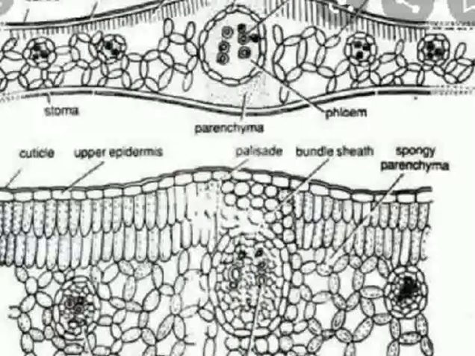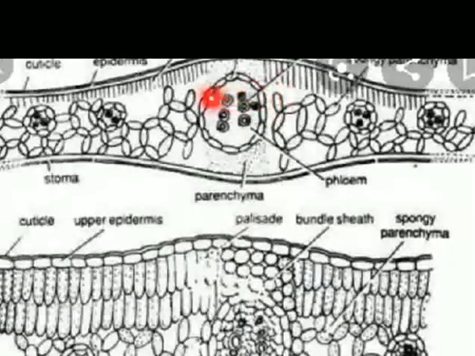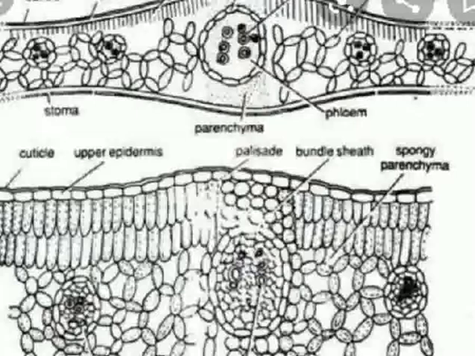In the center is present the vascular bundle, which includes xylem and phloem, and can be seen in the form of midrib in the leaf. The size of the vascular bundles depends upon the size of veins. The veins vary in thickness in the reticulate venation of the dicot leaf. The vascular bundles are surrounded by a layer of thick-walled bundle sheath cells, as you can see in this figure. This is the bundle sheath. These are the vascular bundles which represent the midrib, and this is the structure of the dicot leaf.